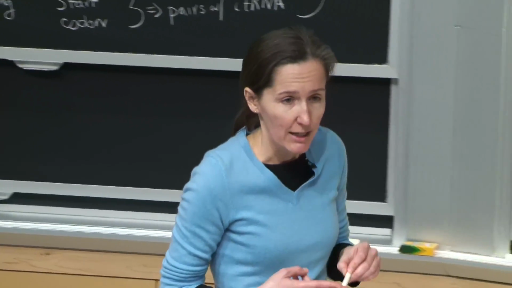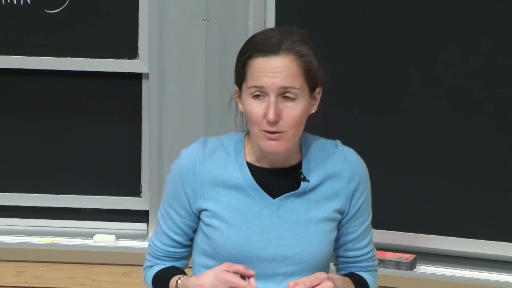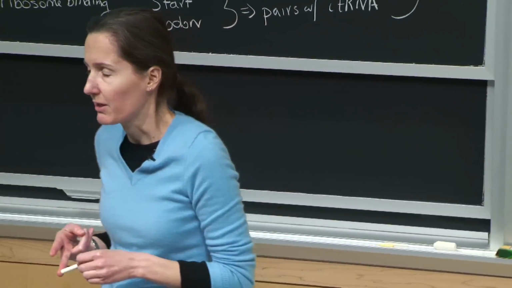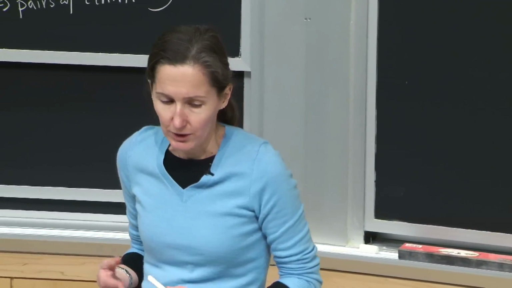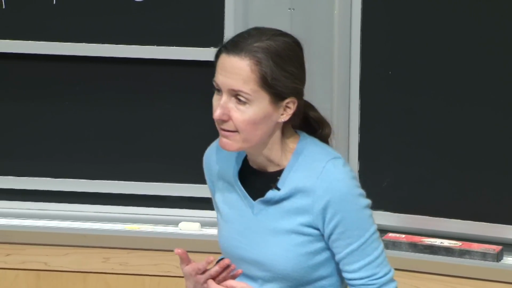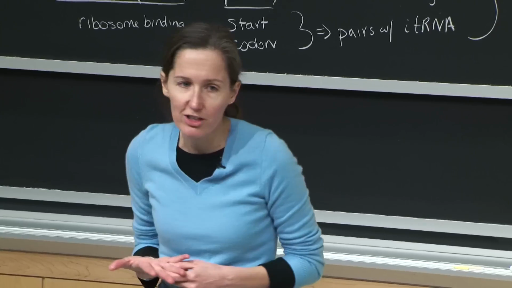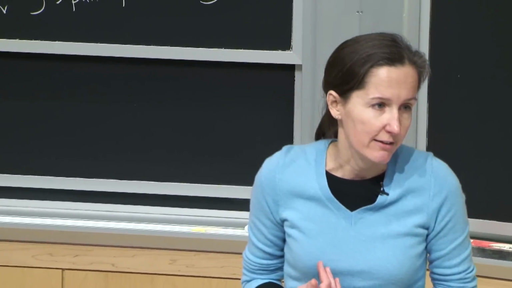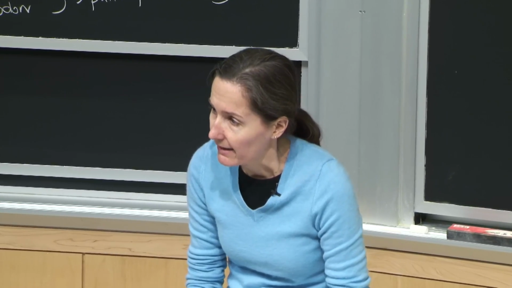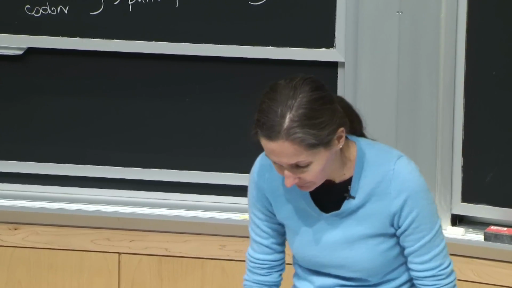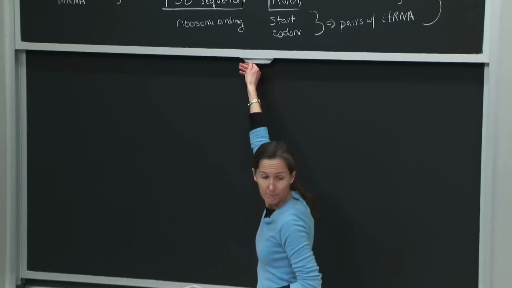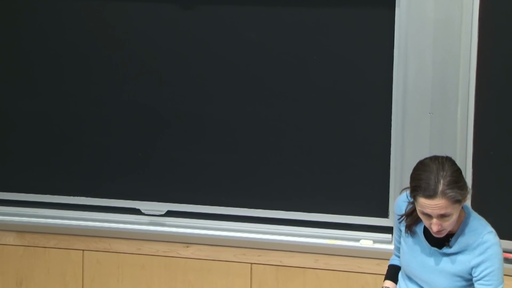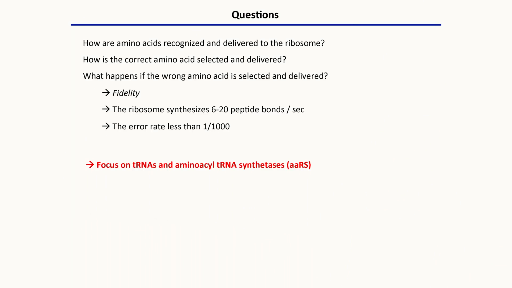How are amino acid monomers attached to the tRNA? And how is the correct amino acid attached? So this is an aspect of fidelity which came up as a concept last week in lecture. And so we'll look at the mechanism of aminoacyl tRNA synthetases to see how the correct amino acid is attached, and then what happens if the wrong amino acid is selected. Are there mechanisms to correct that? And if it's not corrected, what are the consequences here? So moving forward with that, we're going to focus on the tRNAs and addressing those questions. So just as a review,